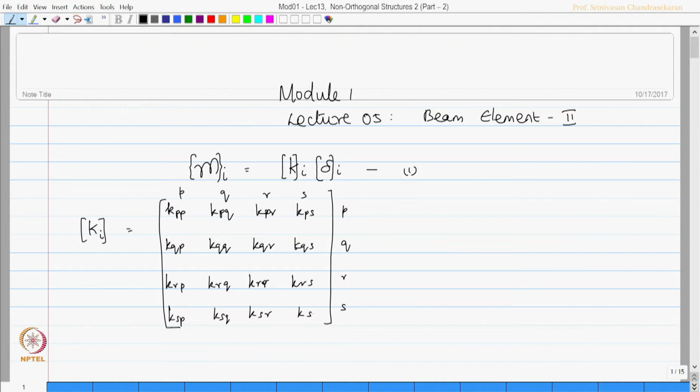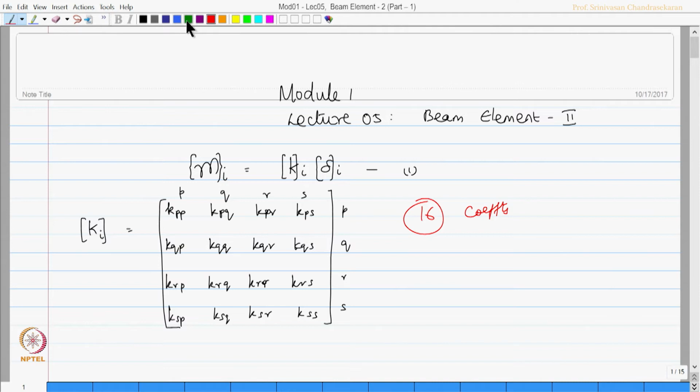If you look at the typical stiffness matrix of the ith element, which we derived in the last lecture, we said let us have P Q R S, let us also indicate P Q R S, and stiffness coefficients are K P P, K P Q, K P R, K P S, row first and column next, K Q P, K Q Q, K Q R, K Q S, K R P, K R Q, K R R, K R S and K S P, K S Q, K S R, K S S. So, there are rather 16 coefficients as you see in this equation,